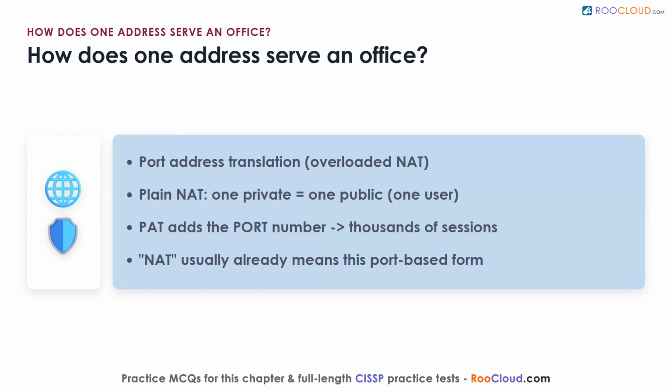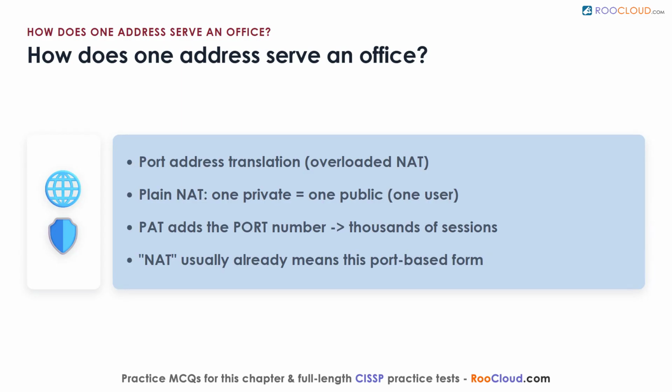How does one public address serve a whole office? Through a close relative called port address translation, also known as overloaded translation. Plain translation maps one private address to one public address, so one lease equals one simultaneous user. Port translation goes further by adding the transport port number to the mix, letting a single public address juggle thousands